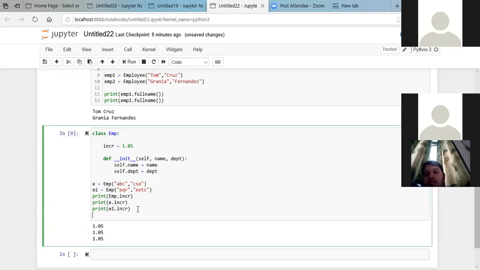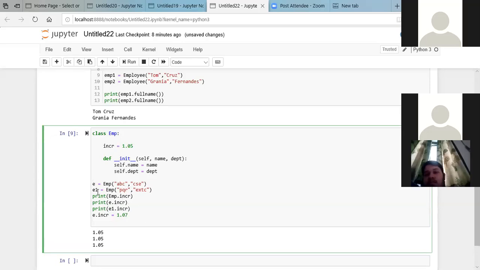Now what if I want to modify the increment value for some specific object, not for all? How will I do it? I'll modify this for only the object E. So I'll say E dot incr equals 1.07. I'm changing the increment for a specific employee, which is with the object E. And after that, if you try to see.